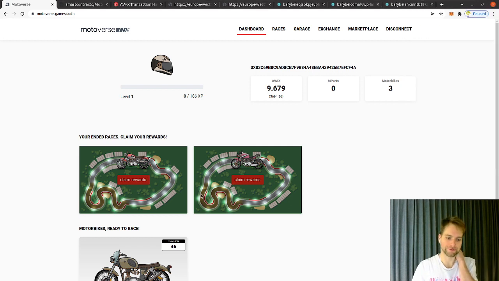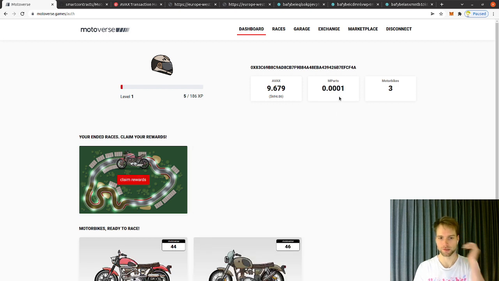So these bikes already finished their race. And as a reward, you get two things, which we implemented. One is experience points, and one is M parts, which is our token, like an ERC20 token. The curious thing is that we've decided to make experience points an ERC20 token as well. Let me show you why. One of the reasons is